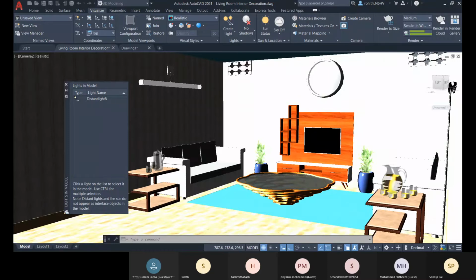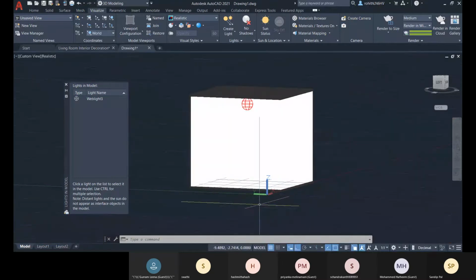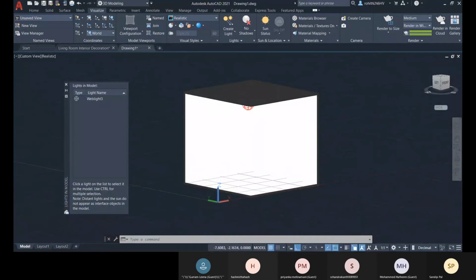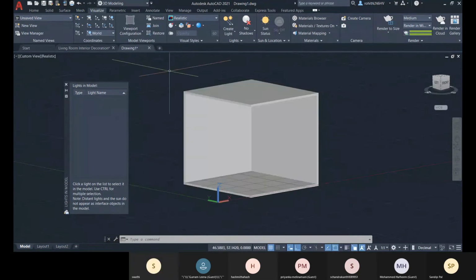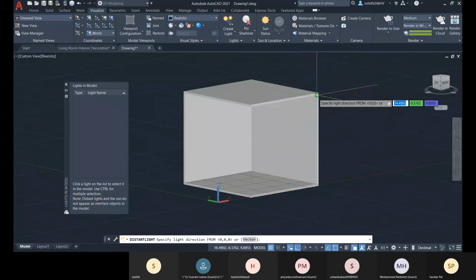Just a second, let me complete. So let me close this now. So the distance light is reflected here, so you can see that the distance light was working here. So let me delete this, and if I go for this distance light, allow distance light, I can create the distance light.